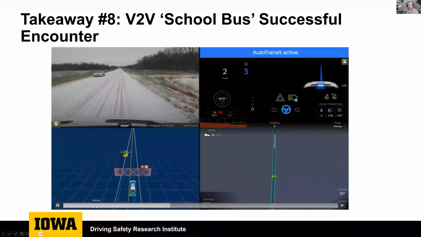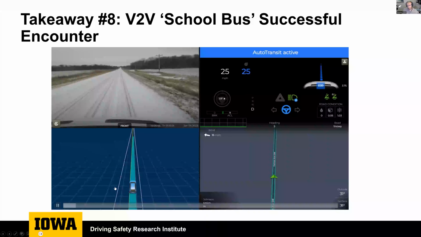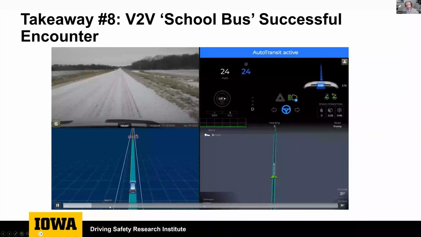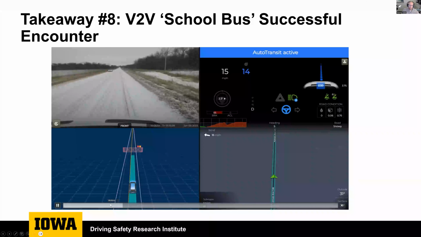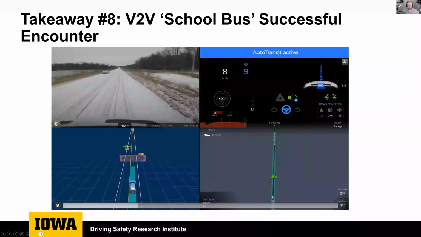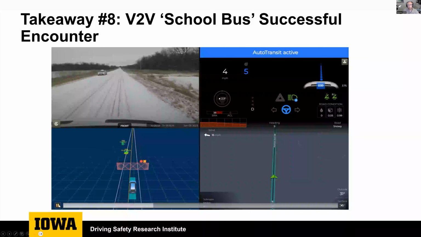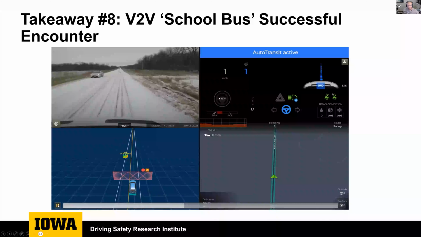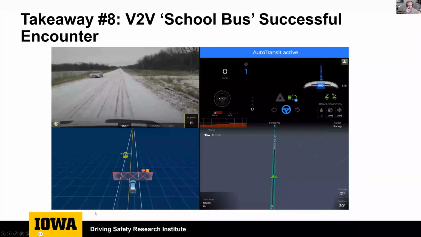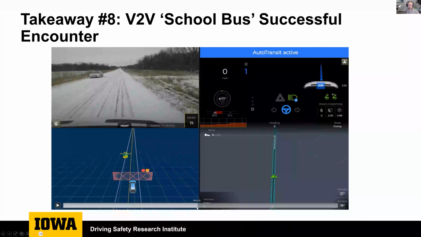So the transit knew when that lighting was in effect and whether it was in an amber or a red state. So here, when it was in good working order, you'll see the transit drive up. It knows before the actual vehicle is detected that there is a stopped school bus in its path. It will wait for the lighting to actually stop, for the blinking to actually stop on the Camry, which kind of lets you know that the swing arm is pulled back in.